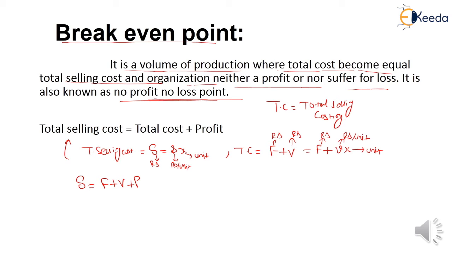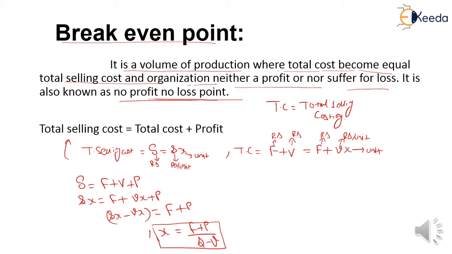Or in the other way we can write it as small s into x equal to capital F plus small v into x plus P. So this small v into x comes to the left side, so (s − v) x is nothing but F plus P. So x is equal to (F + P) upon (s − v). What is this x? This represents the volume of production